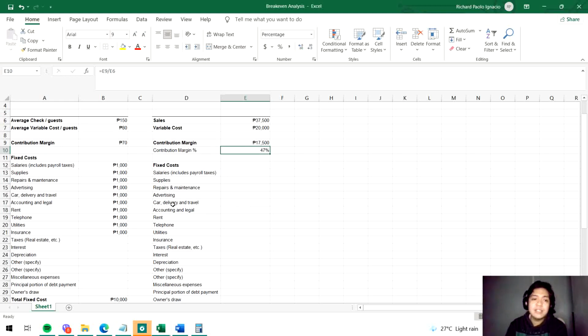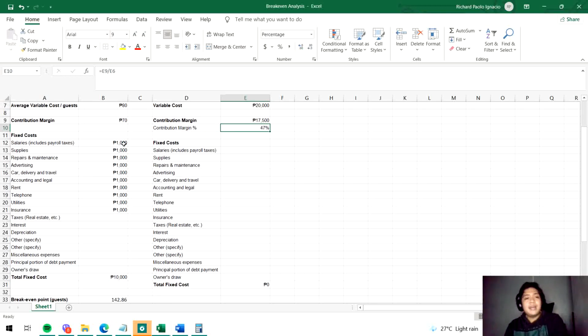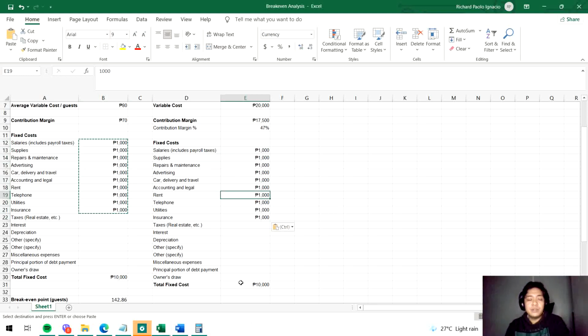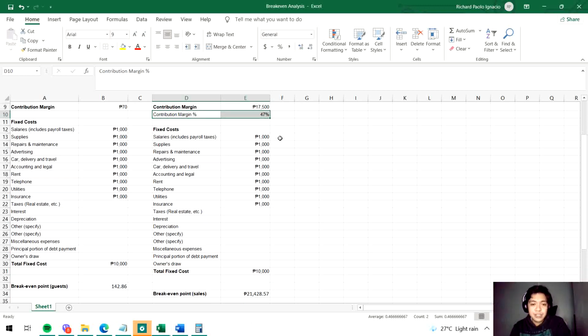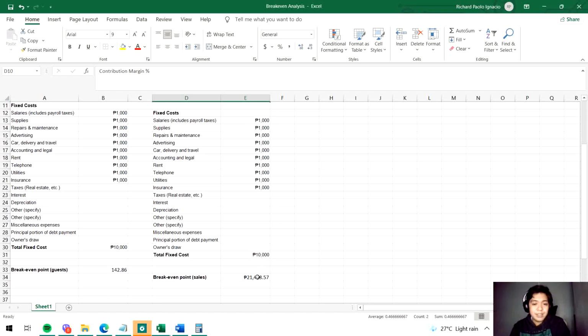And then afterwards, ganun ulit, i-identify natin yung fixed cost natin. Copy na lang natin dito. Ayan. We have here total fixed cost of 10,000. And then, ang mag-iiba sa formula, dito kasi sa per guest natin, ang dinivide natin is total fixed cost divided by contribution margin. Dito naman, ang i-divide natin is yung total fixed cost divided by contribution margin percentage. Alright, so if we will divide our total fixed cost now over our contribution margin percentage, we will come up with this figure,